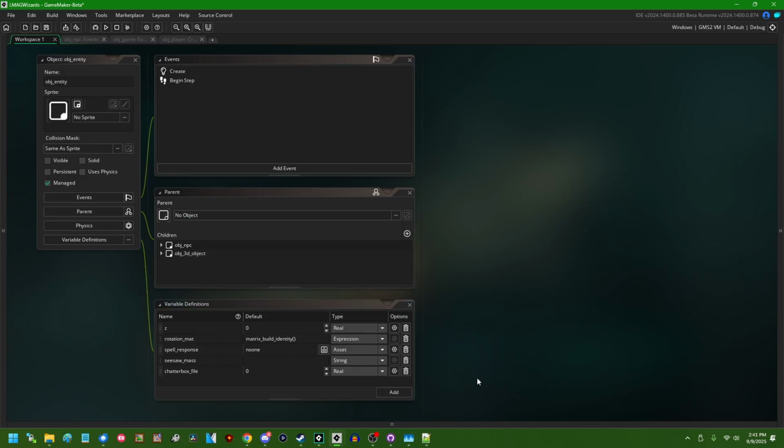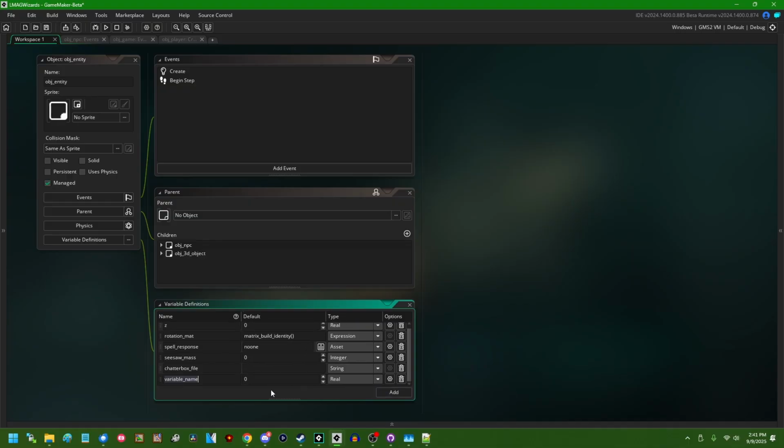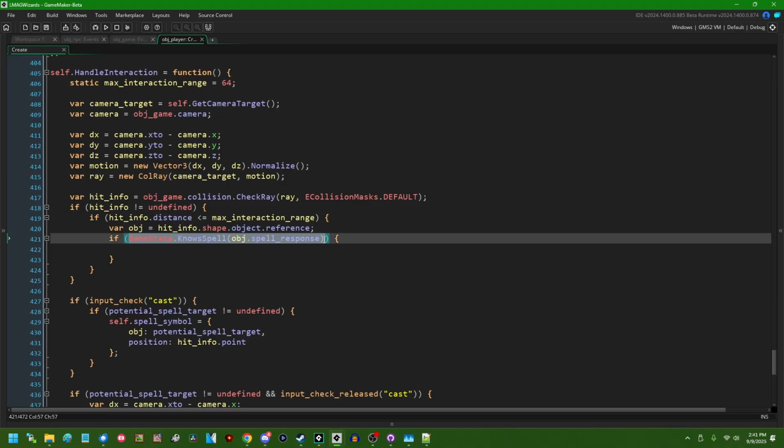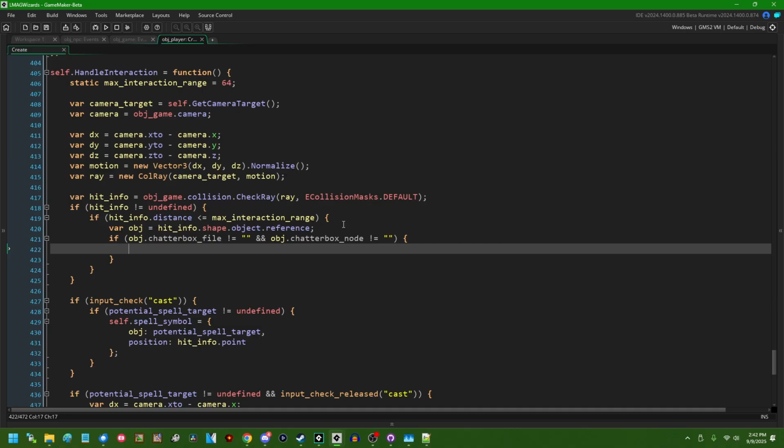What did I do? Alright, I changed it from an integer to a string, apparently. Chatterbox file can be an empty string. Chatterbox node can also be an empty string. And when you target someone, if obj dot chatterbox file is not equal to empty string and obj dot chatterbox node is not equal to empty string, then they will be a valid interaction target. I think